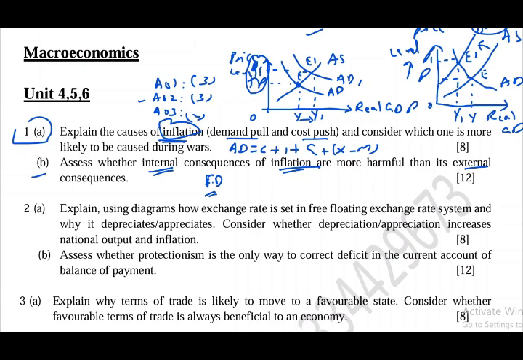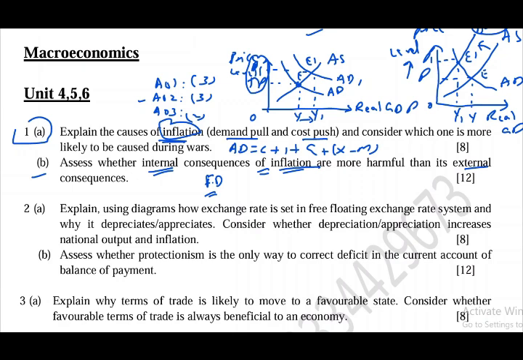And shoe leather cost is another disadvantage that is faced by the consumers at the internal level or within the country. Shoe leather cost is when you have to keep moving to search for cheaper versions of the product. Because of inflation, you can't purchase the existing ones, and you are now trying to find cheaper versions, moving from one market to another, from one shop to another. It wastes your time, wastes fuel if you are traveling in your vehicle, or it may erode your shoes if you are walking.